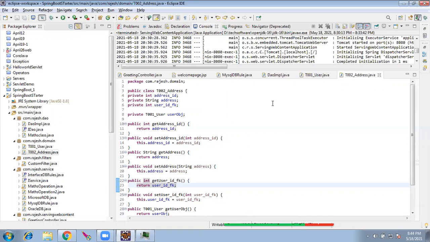Rajesh, yes. Hibernate is mainly functional just for mapping the tables with the Java files. We need not write a query. When Hibernate comes, we will not write queries. But the basics of Hibernate is that when you see a foreign key, we will not give it as an integer like this. Instead, we will give the respective table itself here. What is this? This is a foreign key of the user table. So instead of keeping it like this, we give the user object itself here. That is the basics.